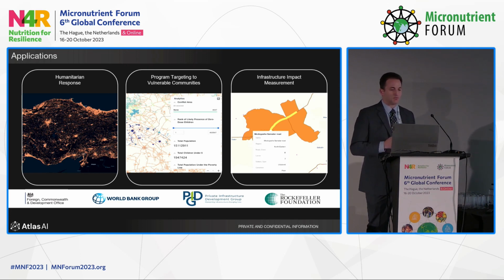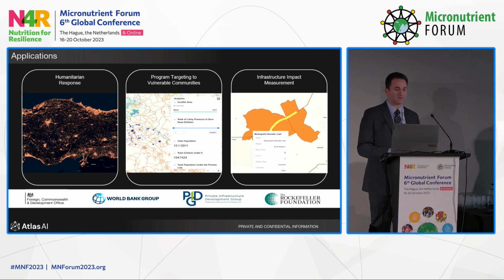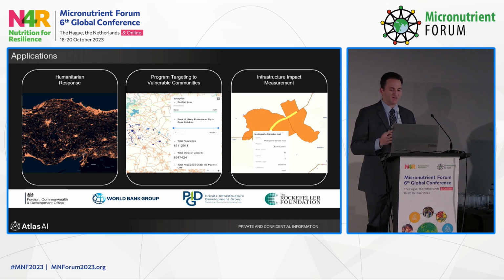The second is in a more operational sense in terms of guiding program implementation and design. Where do you target limited resources to have the greatest impact based on a theory of change that can be inputted into the system? And then finally, measuring the impact and progress of infrastructure impact. So in this case, this was a national road program where there was a desire both to ensure that there was progress in expanding investments in roads, but also understanding the economic downstream impacts that those roads would result in at high temporal resolution.